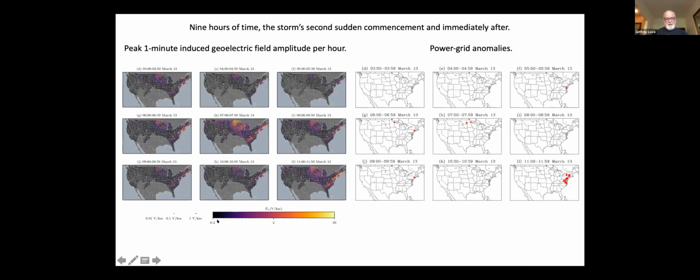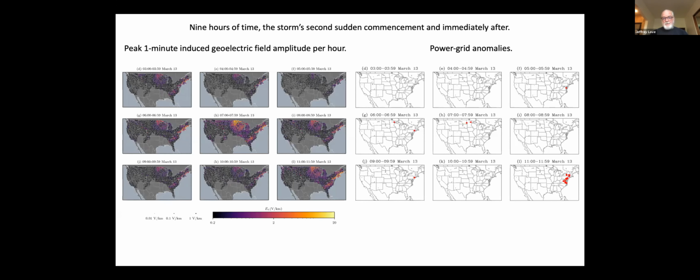And the scale that we're showing here for the peak geoelectric field has a big range, over 2 orders of magnitude, actually, from 0.2 to 20 volts per kilometer. That might seem like a rather modest electric field, 20 volts per kilometer. Well, when you integrate 20 volts per kilometer over a power grid line that might be 100 kilometers long, that's quite common. You end up with 2,000 volts of DC current, and that really is the base of the problem.